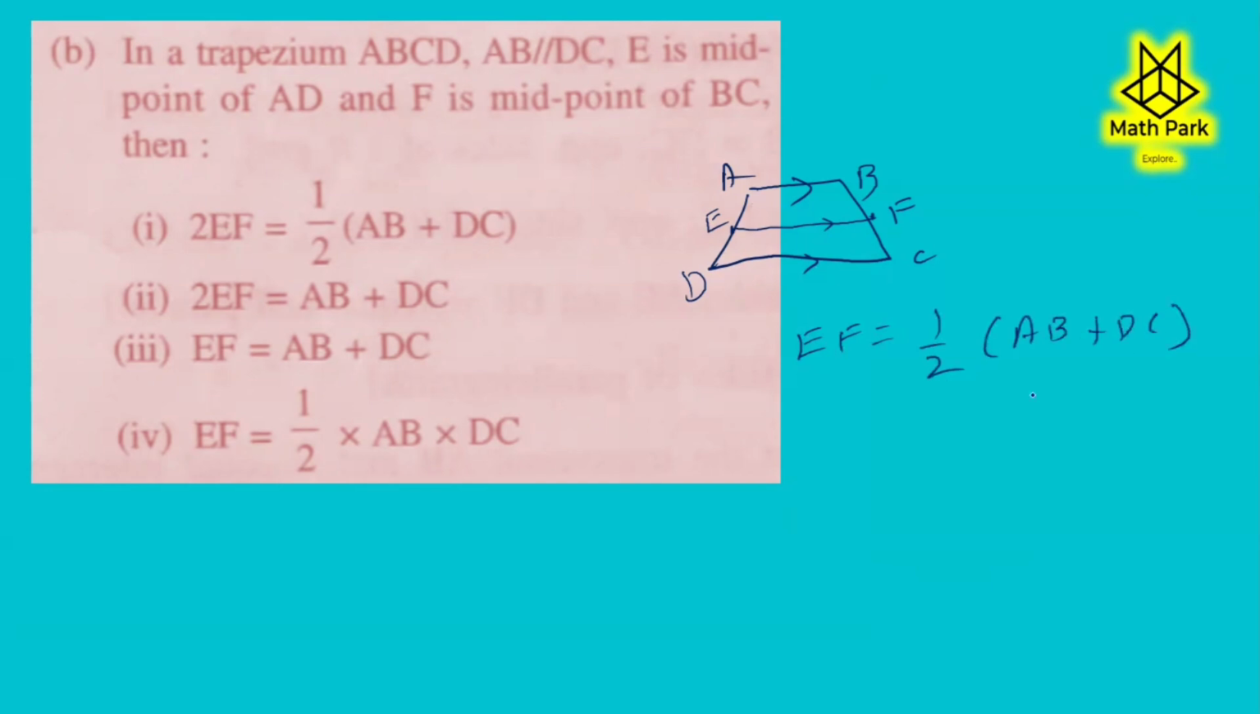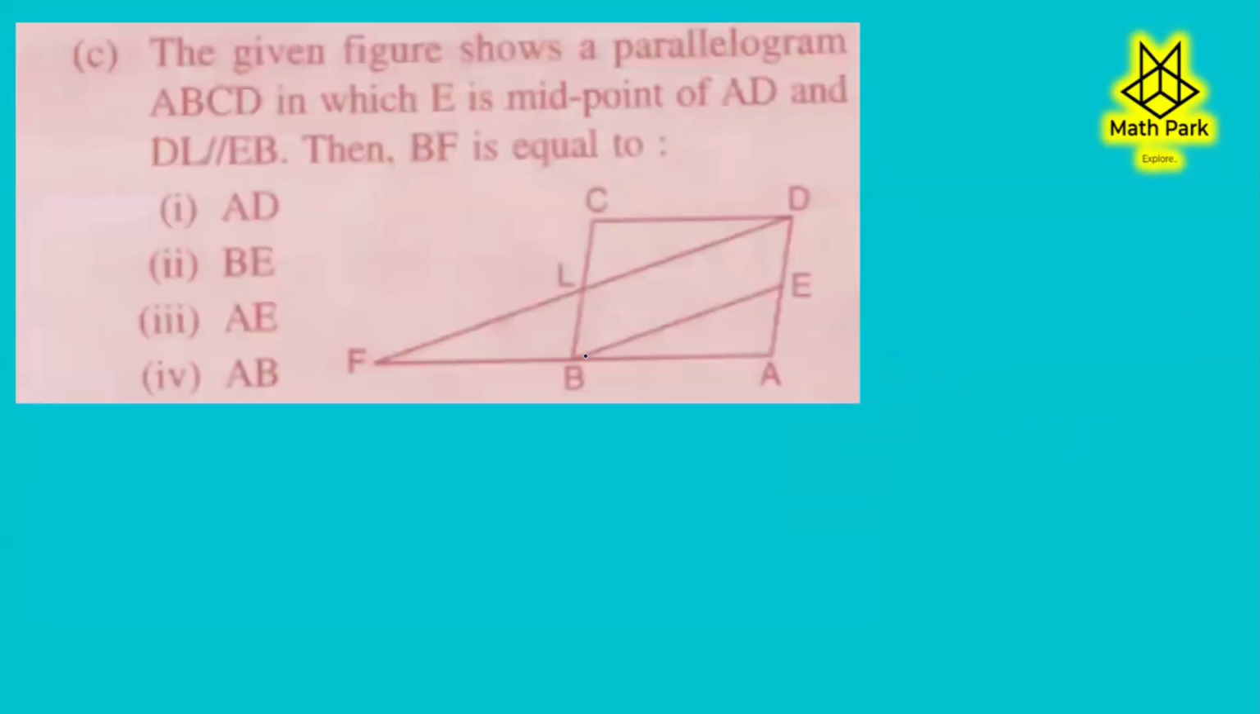Remember this. Now look at the options, you have EF on this side and AB plus DC there. 2EF is half, that can't work. So if I take this 2 over here, we get 2EF is equal to AB plus DC. So the second option is the correct one. Okay. Moving to